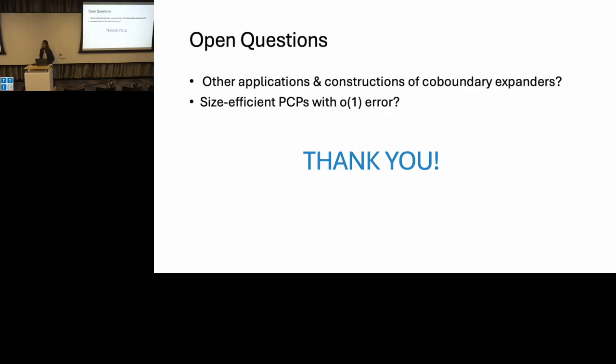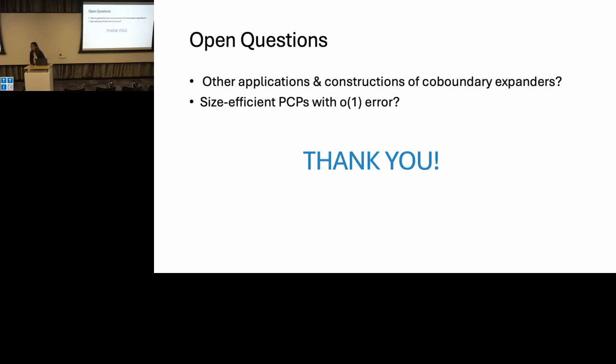Any question? Can you elaborate more on the coboundary expanders? Like what kind of advantages can coboundary expanders have versus the spectral expanders? Yeah, so firstly, these 2 XOR instances have very local algorithms. For example, you can just take a vertex and propagate its assignment to every other vertex, and this will satisfy most of the edges of the 2 XOR instance.